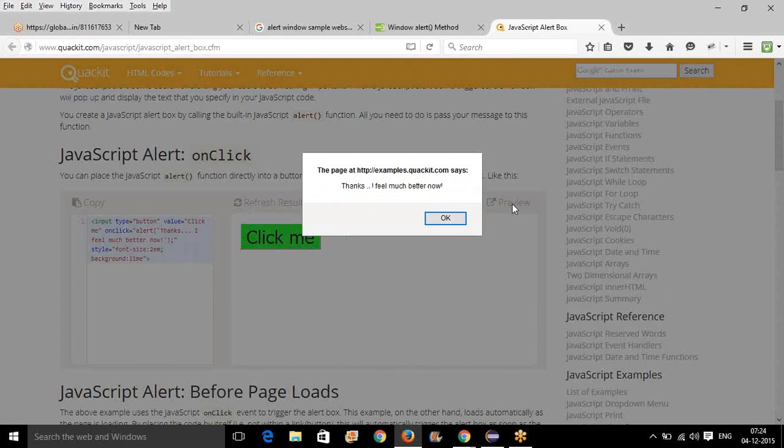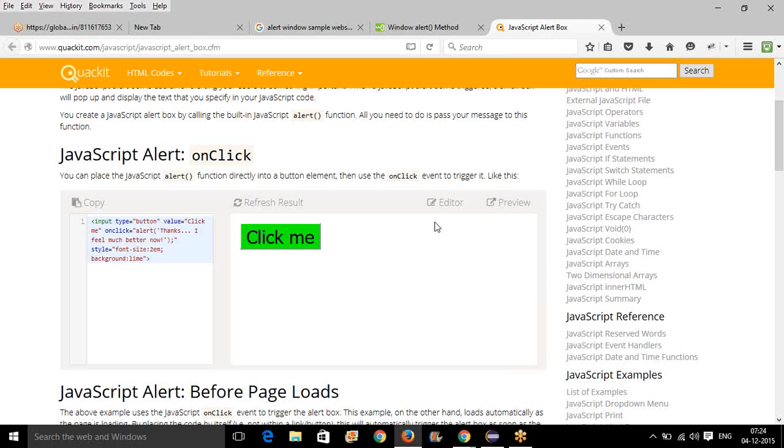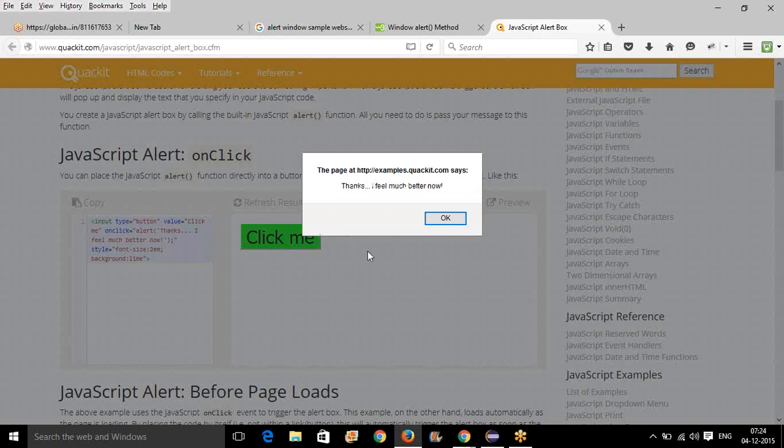Okay, this is one of the good things that we found. There is a button called click me. When you click on it, an alert window opens. Normally, if you wanted to,